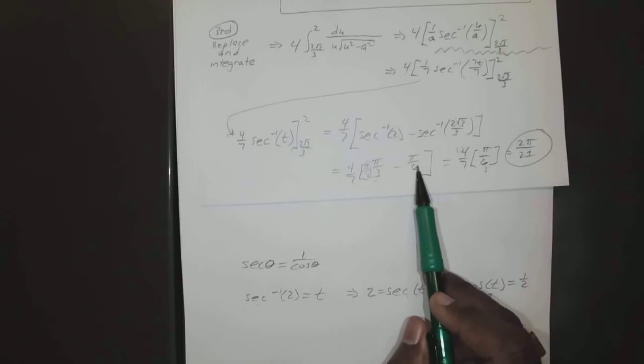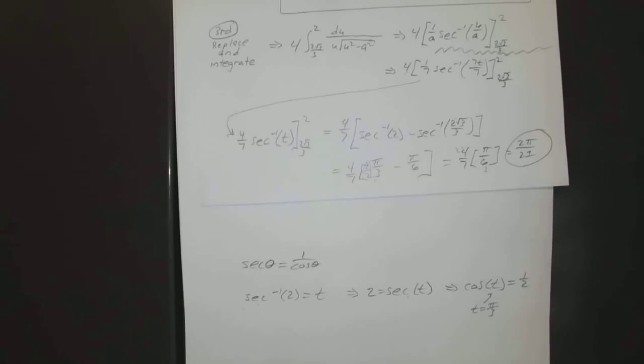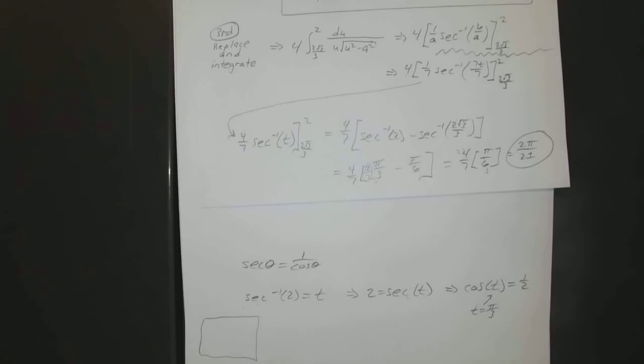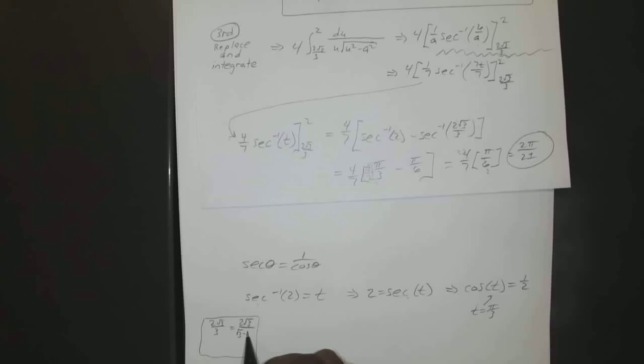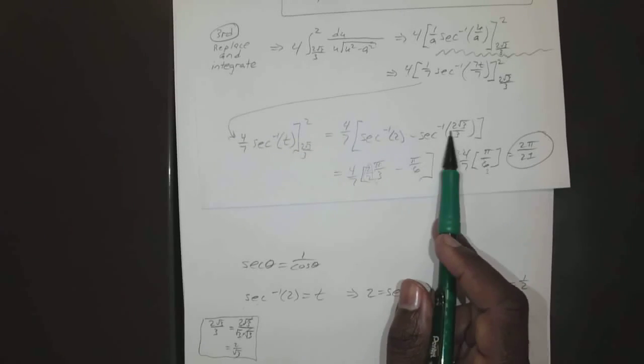Okay, so we do the same thing for secant inverse of 2 square root of 3 over 3. So the first thing we're going to do with that one, 2 square root of 3 over 3, that's just 2 square root of 3 over square root of 3 times square root of 3, where those two cancel out. So you have 2 over square root of 3. So you have secant inverse